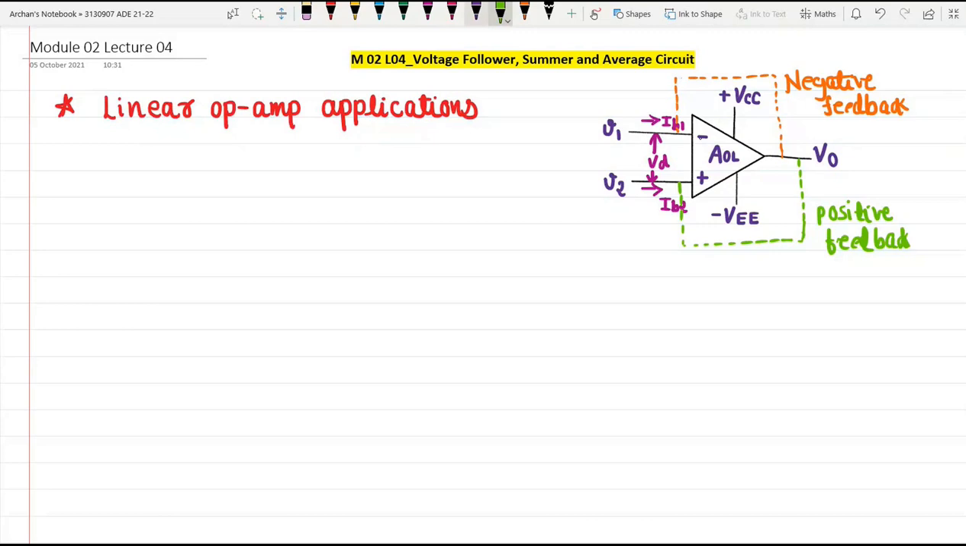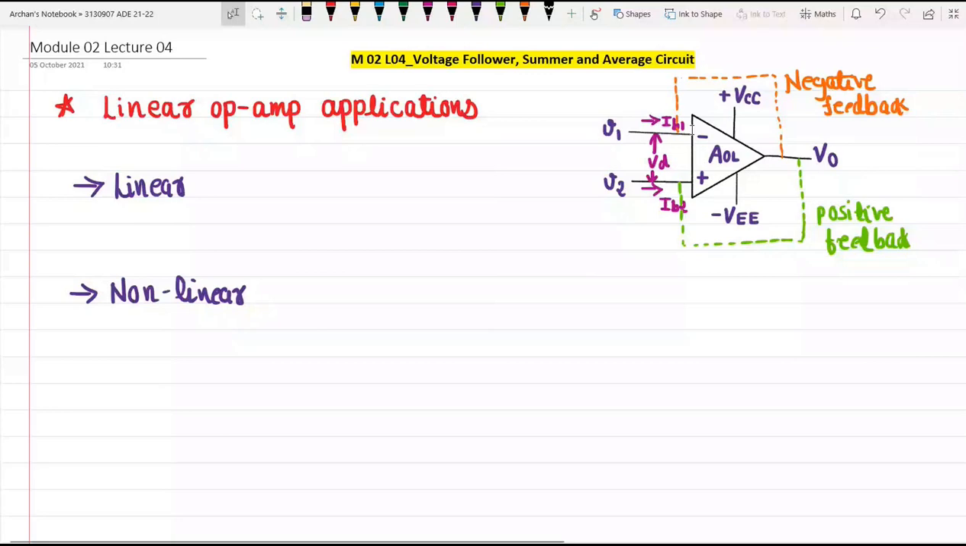Okay, so using this feedback, we may have linear applications of op amp as well as non-linear applications of the op amp, and it is very easy for you to identify whether the op amp is giving us a linear or non-linear relationship with the input. How? Just see at what terminal we are providing feedback. If it is provided to the inverting terminal, then we are having linear applications, and such linear applications include